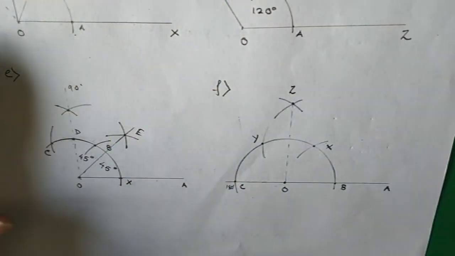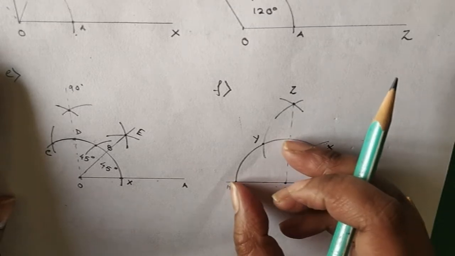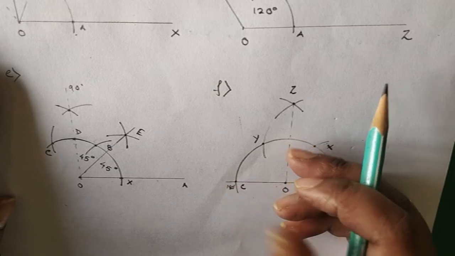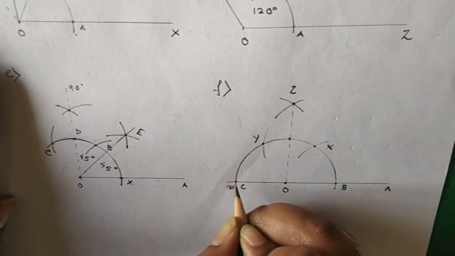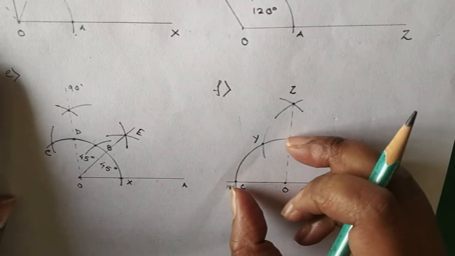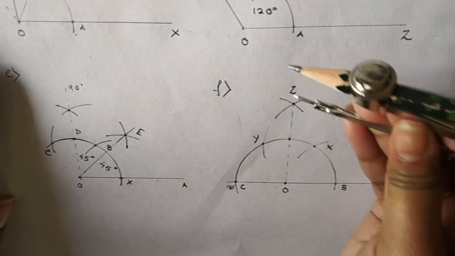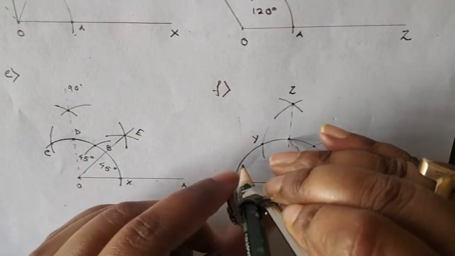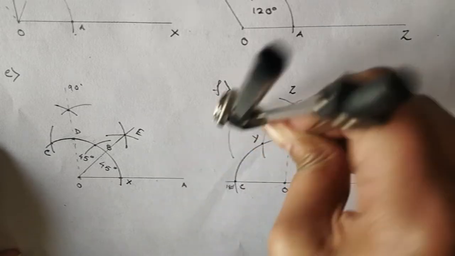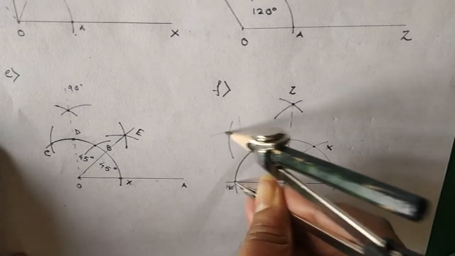Now, see this 135 degree is half of 90 and 180. Means the bisector of 90 and 180, if you do, then you will get 135 degree. So here we are getting 90 degree and here we are getting 180 degree. So if you bisect these 2 points, then we will get 135 degree. So we'll place the pointer here. Say this is point Z. Okay, and we will take the radius half of ZC, and then we'll draw an arc with the same measurement from 180 degree. That means at point C, we will draw another arc.